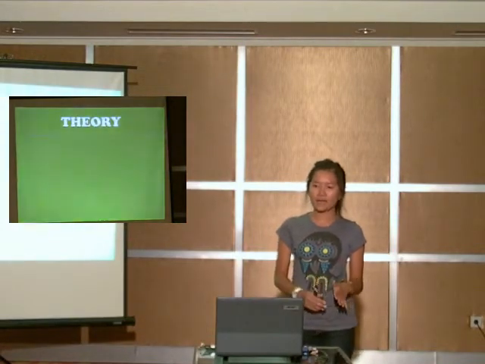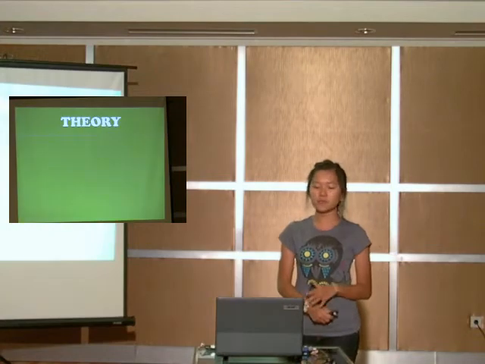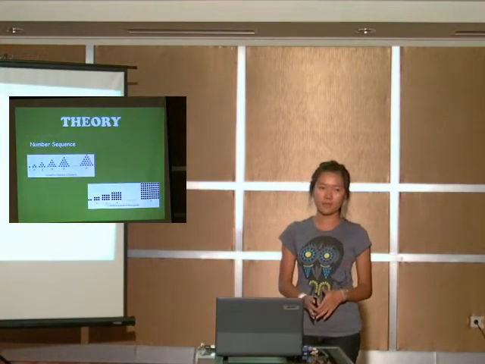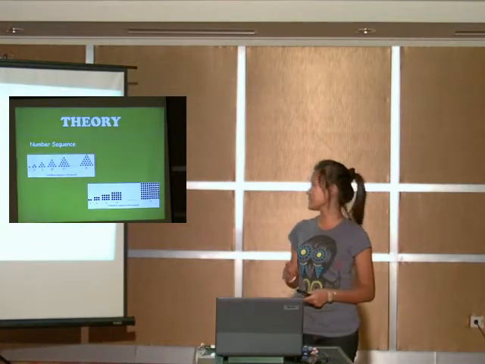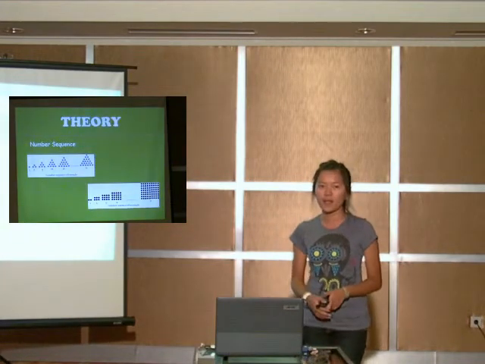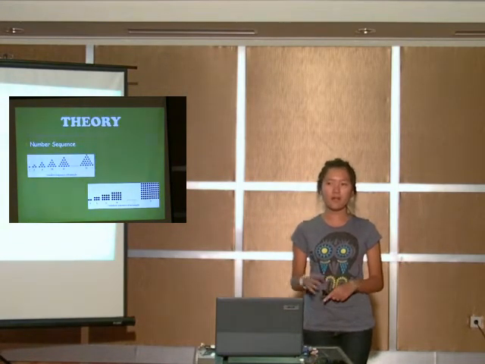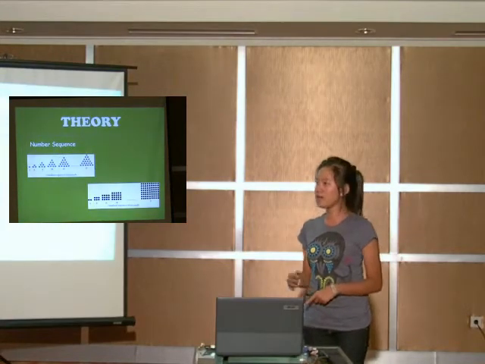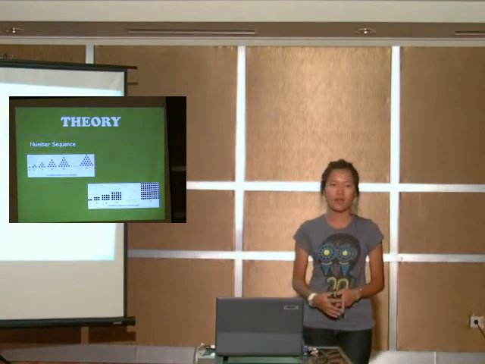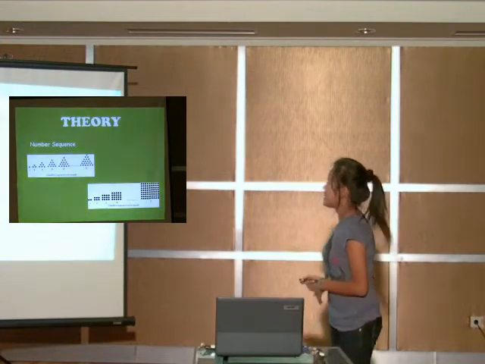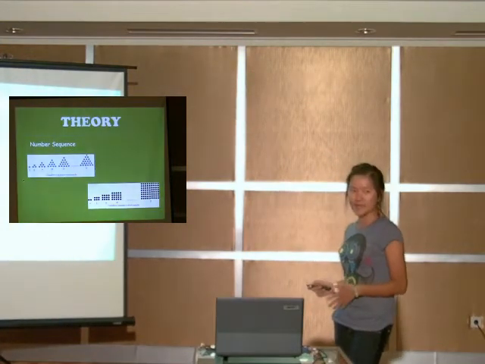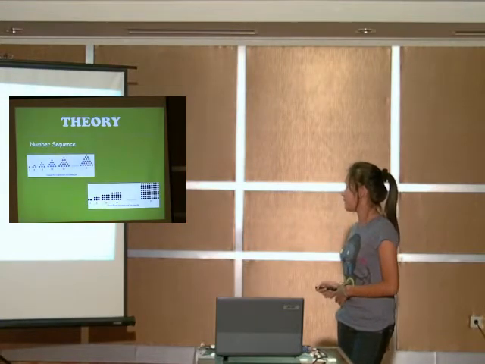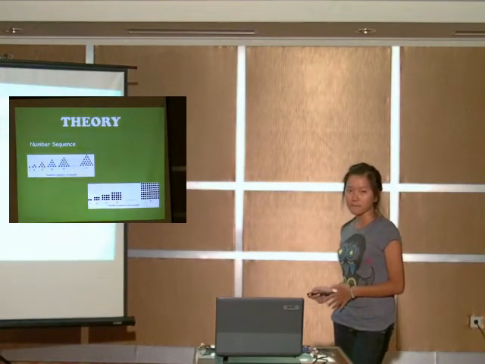There are some theories that I used when making this game. The first one is about the number sequence. A number sequence is a sequence of numbers which have a certain row or a certain pattern. As we know, a number sequence is not always in the form of numbers, but can also be a collection of points or dots. And this is an example of a number sequence. This is an example of a number sequence of triangles, and this is an example of a number sequence of rectangles.